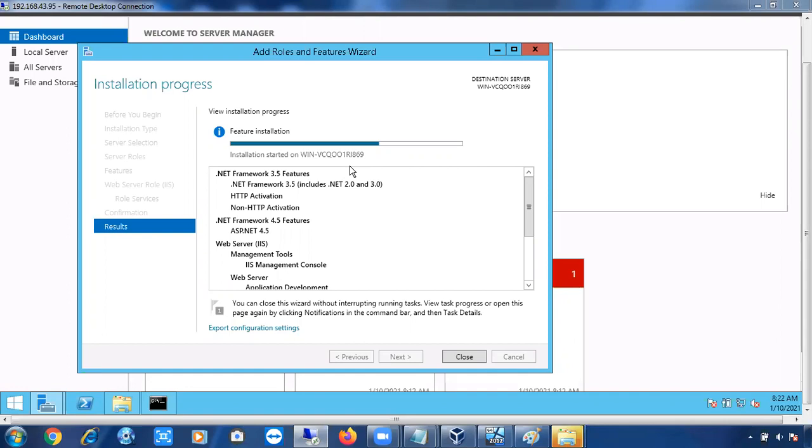For SQL Server versions less than 2012, there is no need to install .NET Framework separately. Why? Because for SQL Server versions less than 2012, like 2000, 2005, 2008 or 2008 R2, .NET Framework 2.0 and 3.0 is needed. But .NET Framework 2.0 and 3.0 will already be installed on the server. Once you install the operating system, it already comes with .NET Framework 2.0 and 3.0. So for versions less than SQL Server 2012, no need to install .NET Framework.